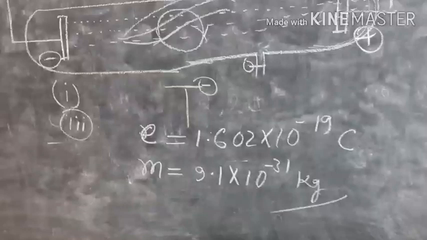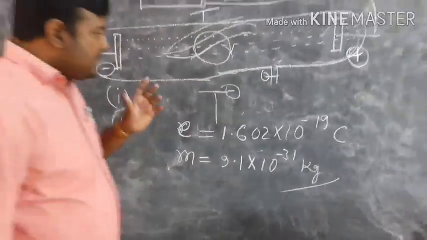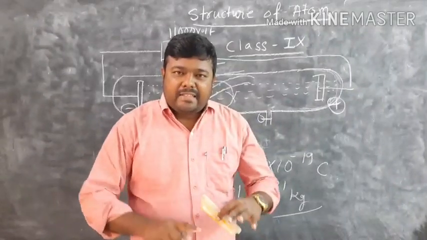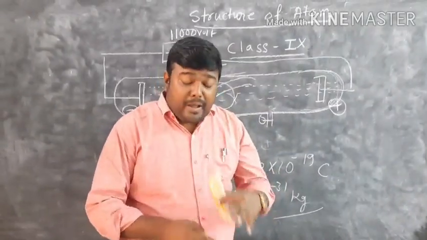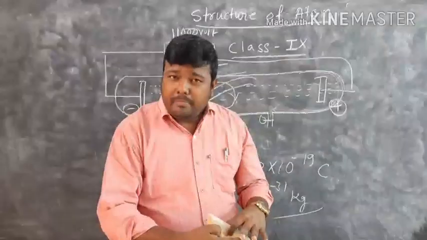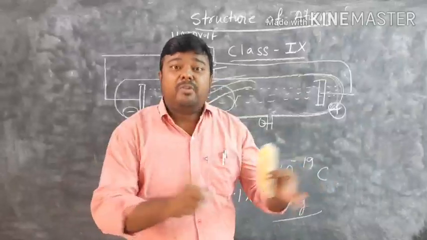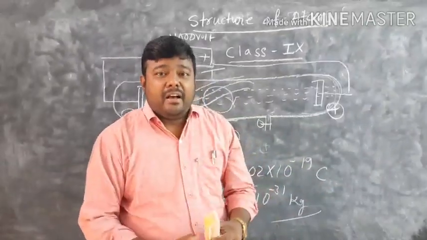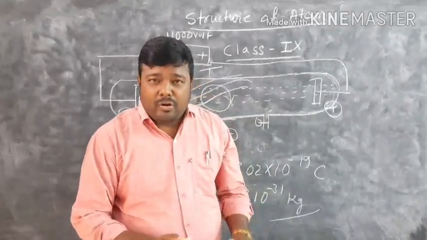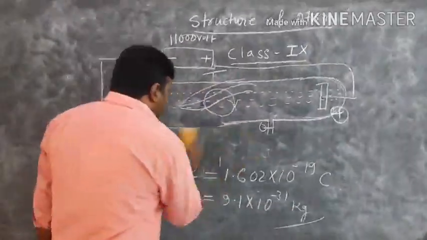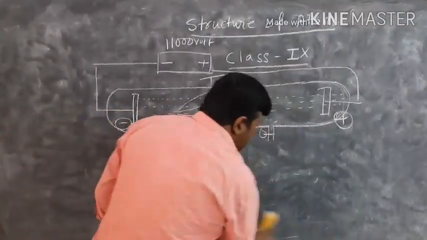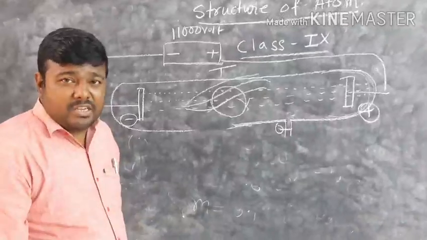Soon after the discovery of the electron, it came into the mind that atoms are electrically neutral. As the atoms are electrically neutral, there may be a positive charge particle present inside the atom, otherwise how will it be neutral? So this idea led to the discovery of another subatomic particle known as the proton. The proton was discovered by scientist E. Goldstein, or Eugen Goldstein.